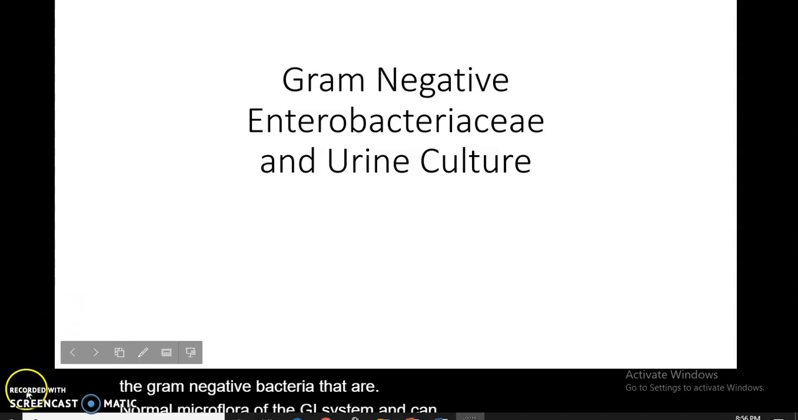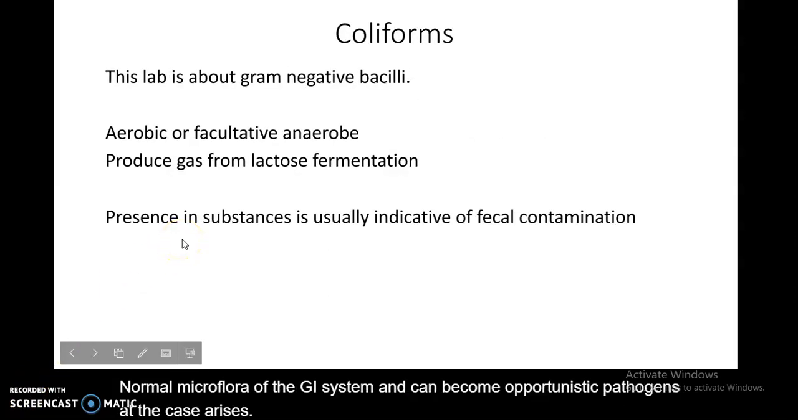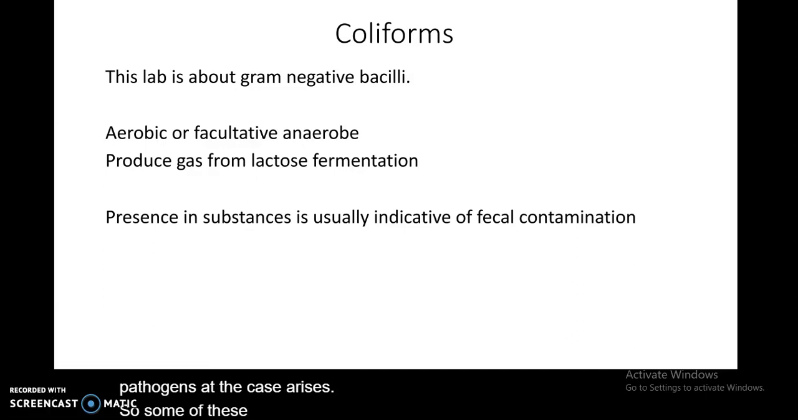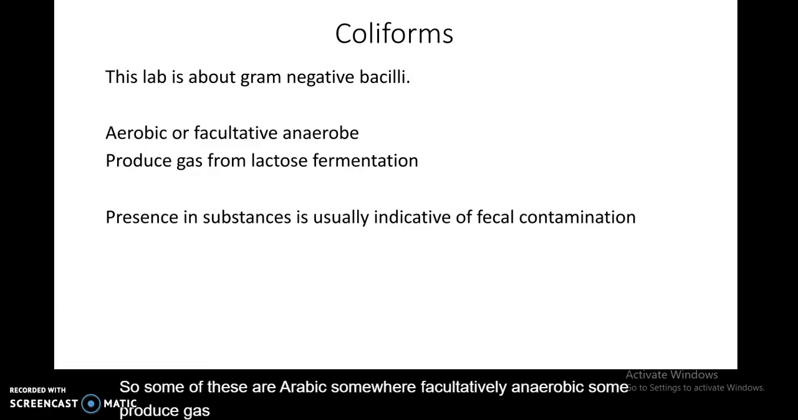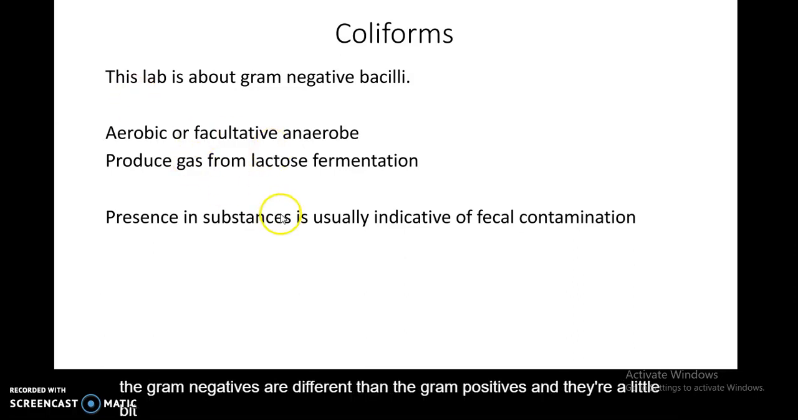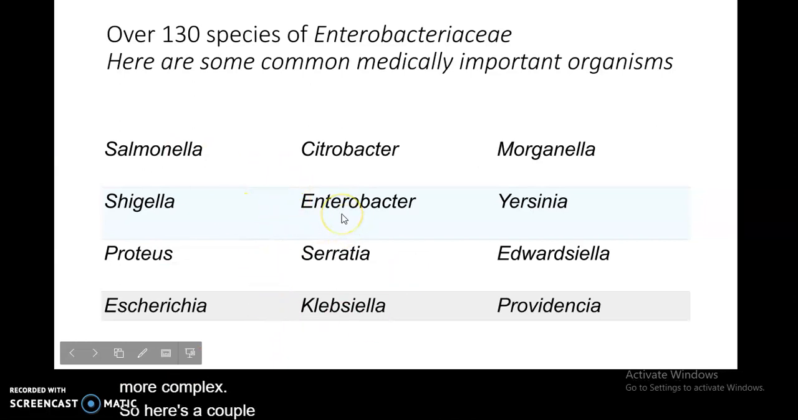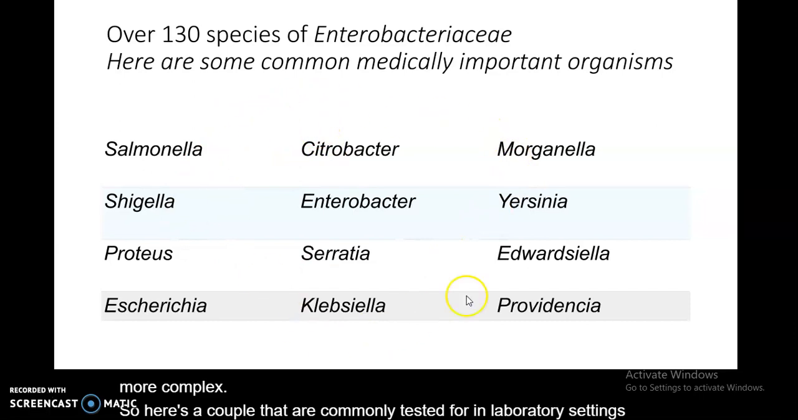become opportunistic pathogens if the case arises. So some of these are aerobic, some are facultatively anaerobic, some produce gas, some utilize lactose, some don't. And the tests that are done on the gram-negatives are different than the gram-positives, and they're a little bit more complex. So here's a couple that are commonly tested for in laboratory settings because these are the ones that are